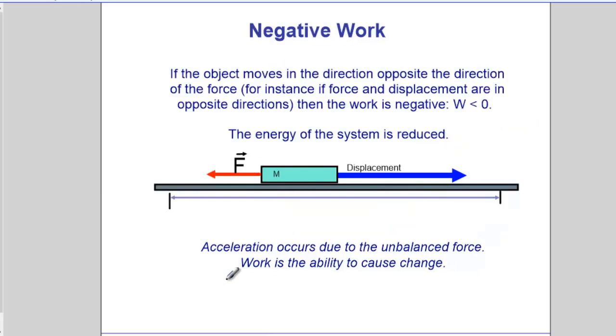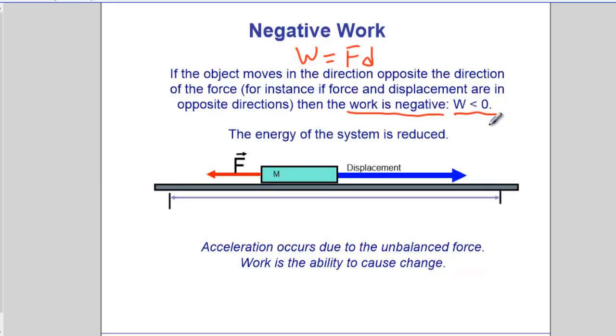Next slide. This is an unusual one. So we'll use our imagination here. Just imagine this object, and we'll draw velocity vectors on this in a moment. Does this object have a force acting on it? The answer is yes. So there is a force. It's unbalanced. And there is a displacement. So there's work being done. Definitely there's work being done. In this case, the work is negative. When the force vector and displacement vector oppose each other, or they're anti-parallel, they point in opposite directions, the work